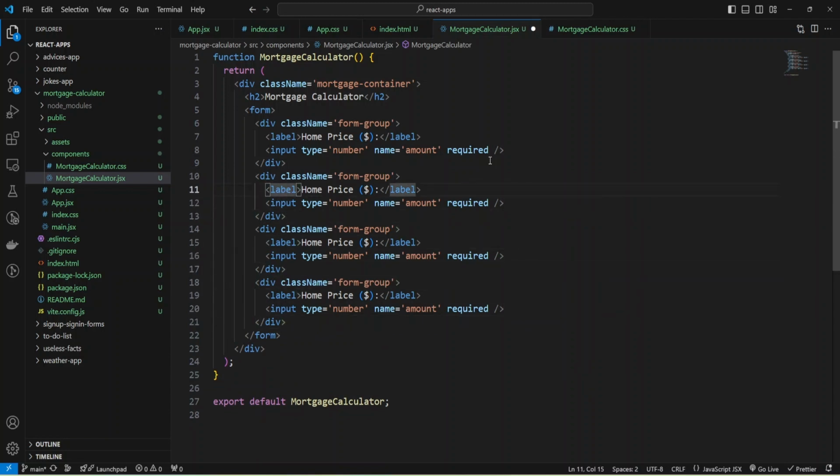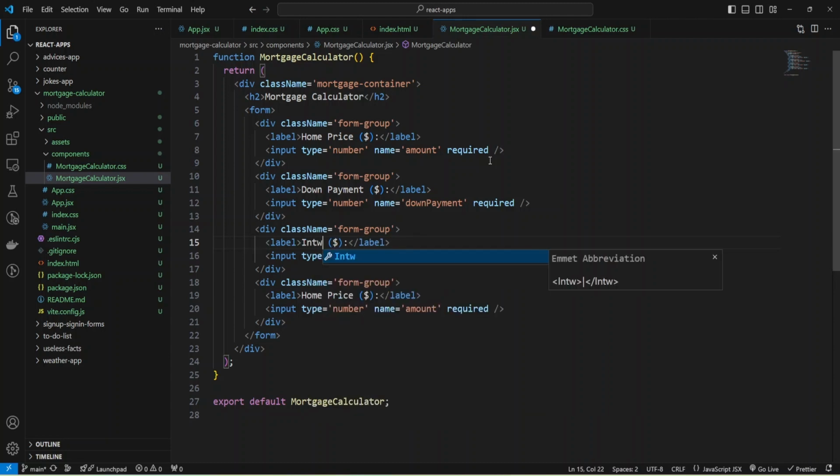And the second input will have down payment. It will have type number, and name will be down payment. It's also required. And the next input will be interest rate,